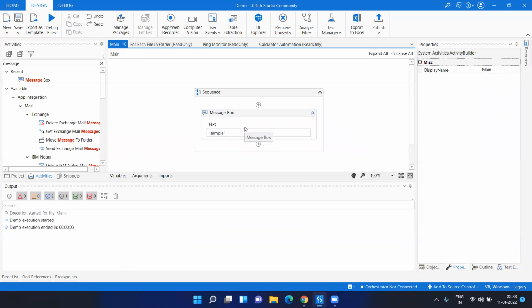So this is just an introduction, but you will be using all the options for the different processes. Based on the business process, you will be connecting the different blocks and making the business process automated. So this is all about the basic introduction to the UI front end of UiPath Studio Community.